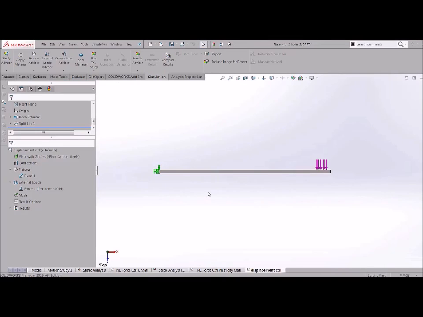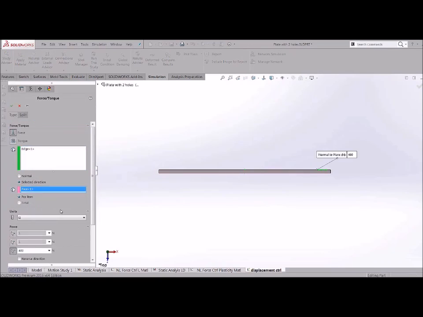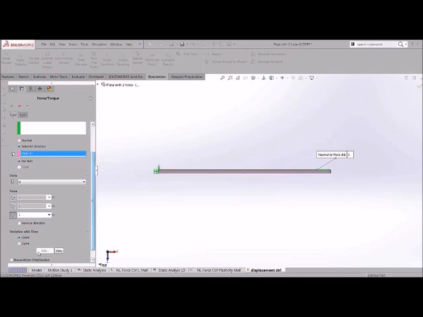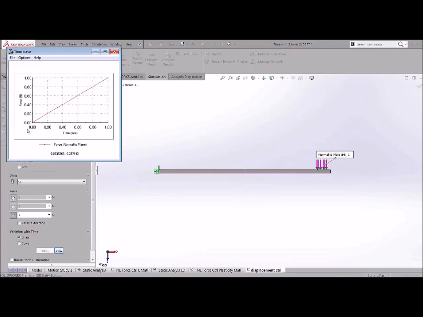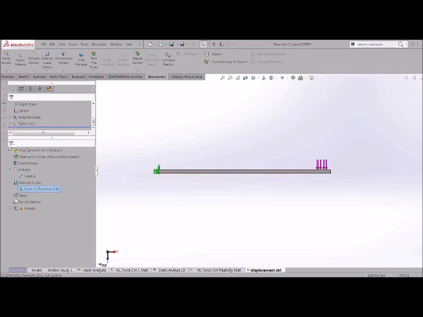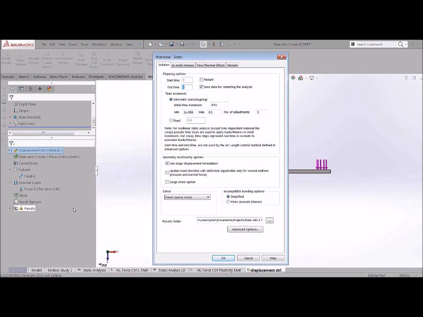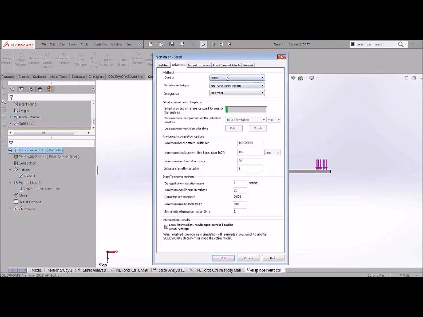The setup of the study is going to be mostly similar, other than a couple of subtle changes. I'm going to change the amount of force applied to just 1 Newton, and as before, it's going to ramp up from 0 to 1 in the 1 second pseudo time that's applied. The only other thing that changes in the analysis itself is in the properties of the study. I'm going to go to the advanced options, and I'm going to switch from a force control method to a